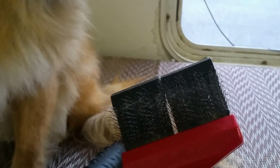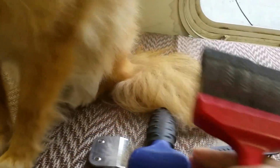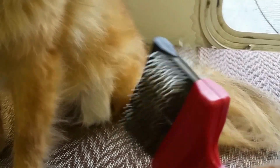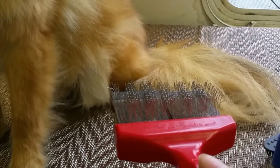This is my Le Pouche brush, which I've had for years. And I see a couple bent prongs, but hell, I've had it long enough that it's just now showing use. Oh well. So, best brush in the whole damn world. I don't care what anybody says. It is the best. Do you have to have the best? No, you don't have to. The JW brush is a wonderful brush, and I used to use that before they even invented these. But this is the Supreme, and it's now called Activet something. It's a different name. Anywho,